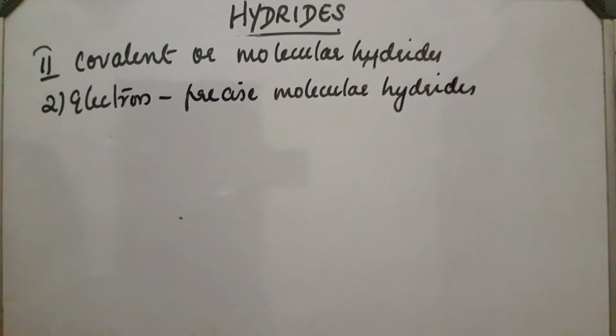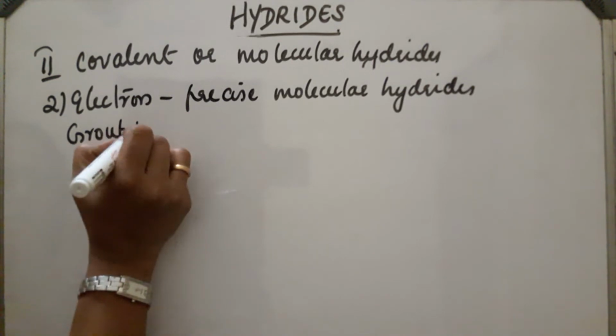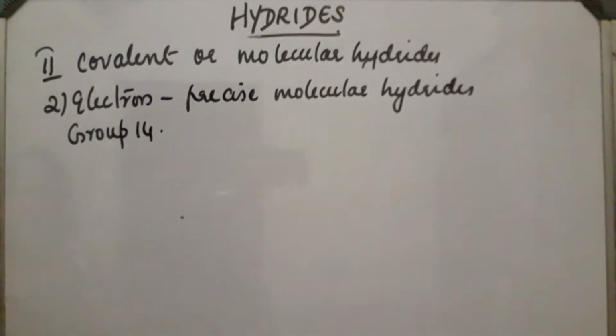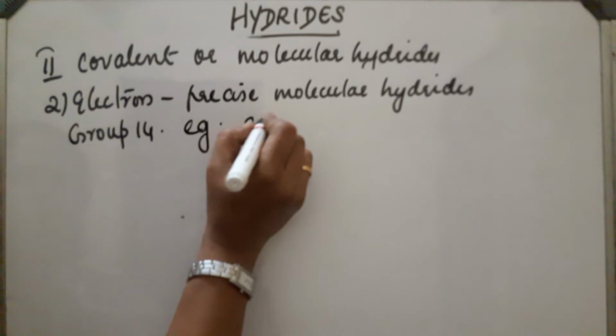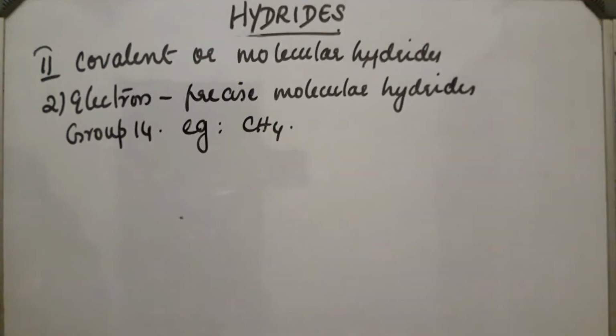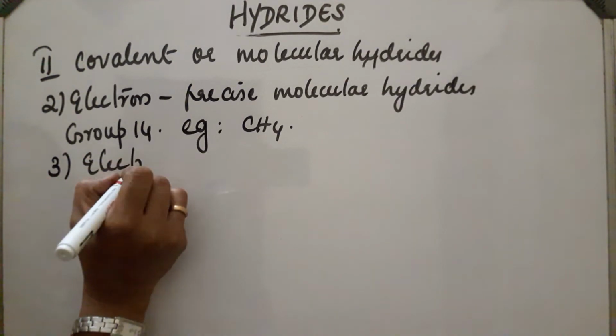In these types of molecular hydrides, they contain the required number of electrons to write the conventional Lewis structure, and group 14 elements form these electron precise molecular hydrides. Example, the tetrahedral geometry of CH4. Okay. Now, third one, electron rich